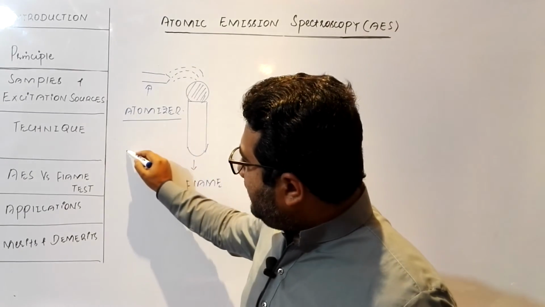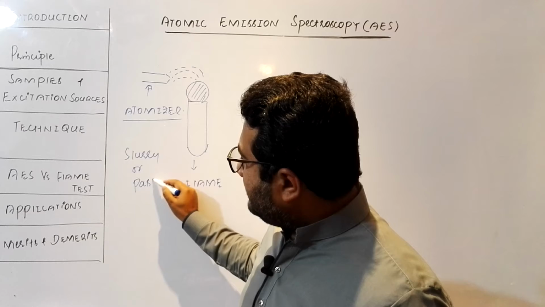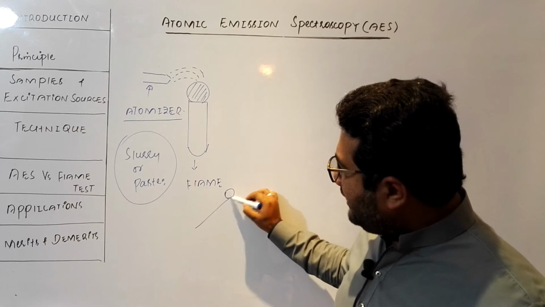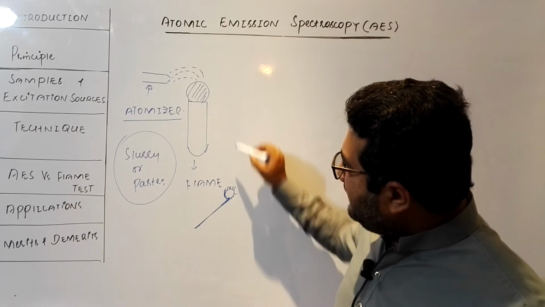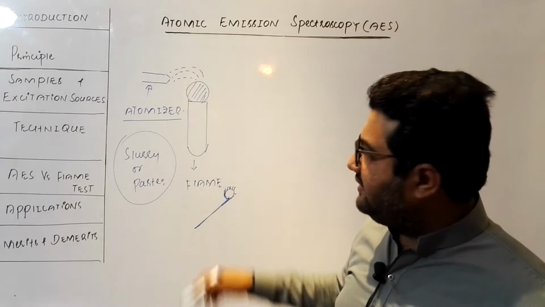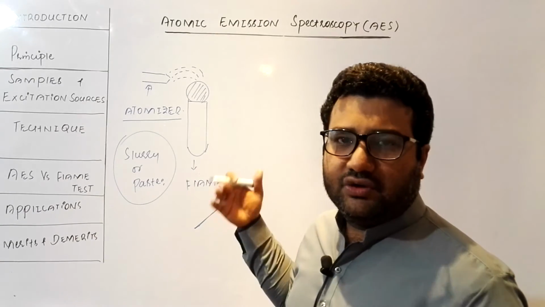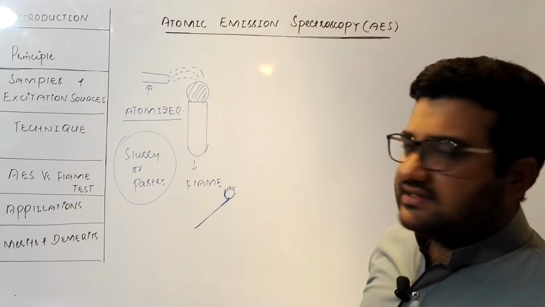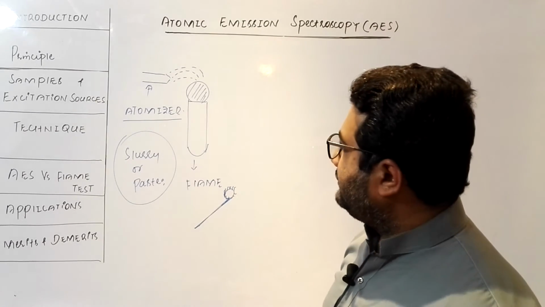But if your sample is slurry or paste of a solid substance, then we can use a platinum wire having a loop at its end, and here that slurry or paste is introduced, and this loop is placed on the flame, and flame causes the excitation. So this is a way to introduce your sample to the flame. Even you can use the discharge tube, that we have studied, how the discharge tube works. But I am here focusing on the flame atomic emission spectroscopy.